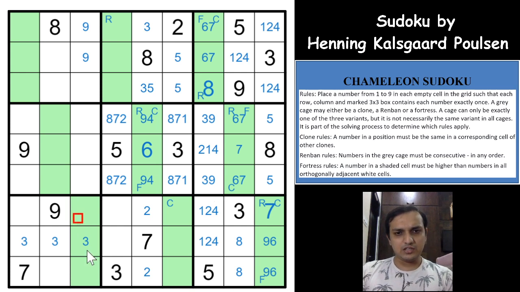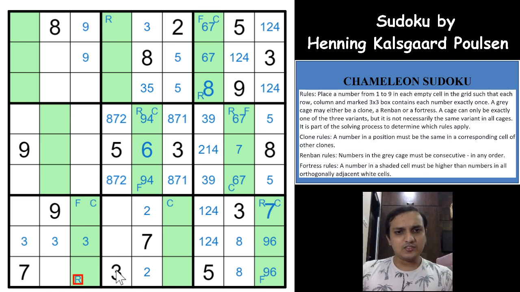Let's see if we get anything else here. This cannot be a okay. Oh, we missed the possibility here. This cannot be a fortress, right? And even a clone, because a clone needs to have a 7 in that 3 regions, and a fortress needs to have something greater than the white cell. So both of these rules do not obey here, which means it has to be a